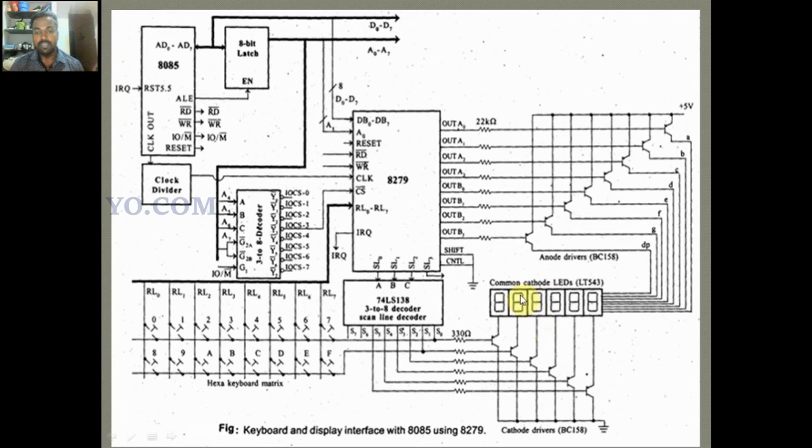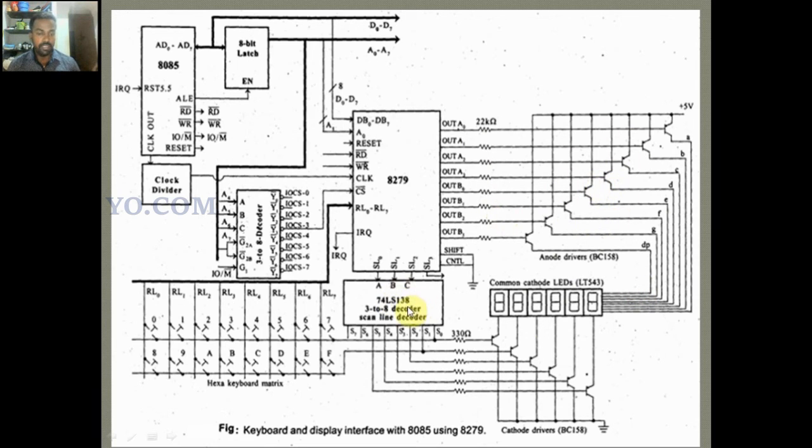This is a display, a common cathode 7 segment LED. The output is connected to the display through a transistor driver. This is a driver transistor. So the output lines, the 2 ports, port A and port B, are connected with the display device through the transistors. Okay, right.